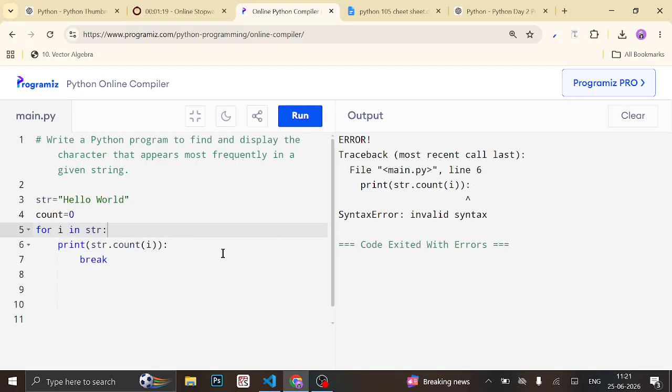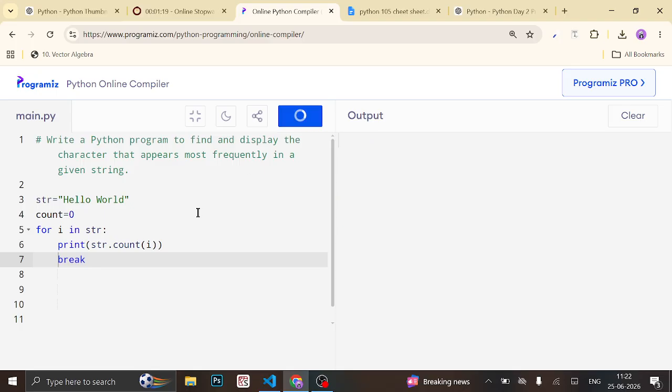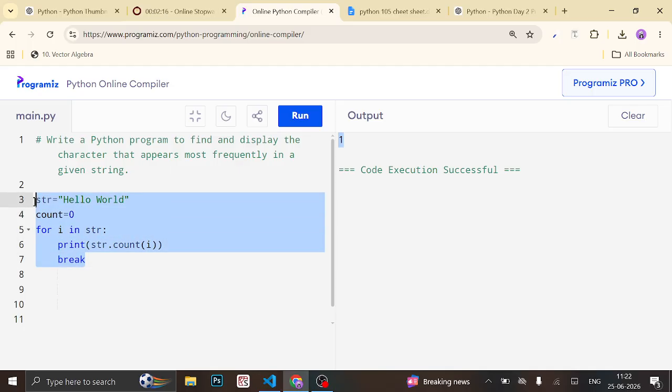So what will happen? Line number 6, this mistake. And in this mistake comes 1. What is the meaning of 1? Here H is the 1. The meaning of this line is, I think we don't need to count. Okay, but because we are solving these questions through the indexing value,